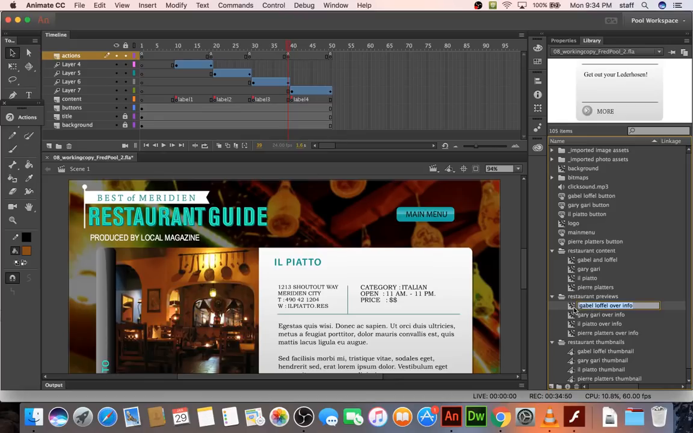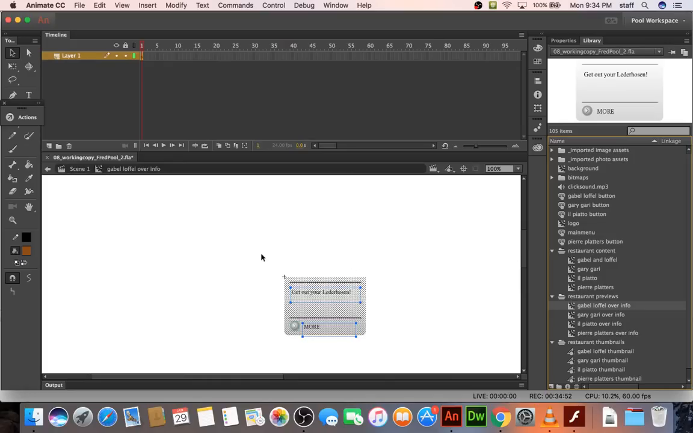Okay, double click the icon if it's giving you a hard time with that. And let's see, what are we going to do? You enter the symbol editing mode. Select all the visual elements on the stage. You can drag a rectangle around it, or you can hit Command A to select everything. And